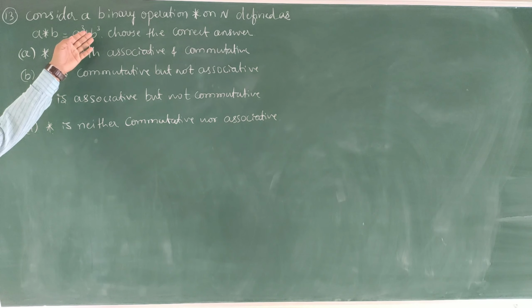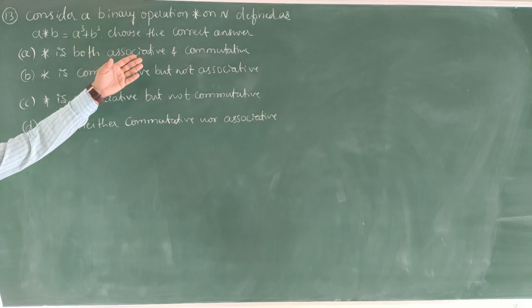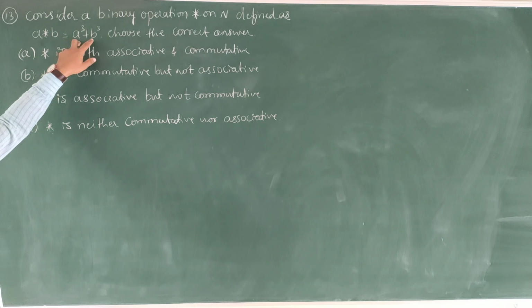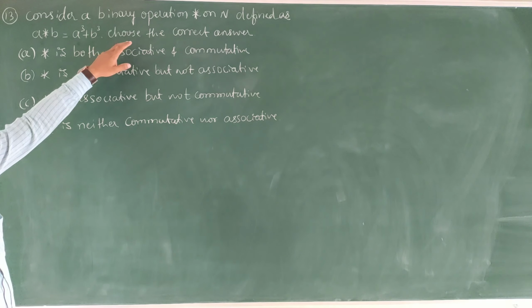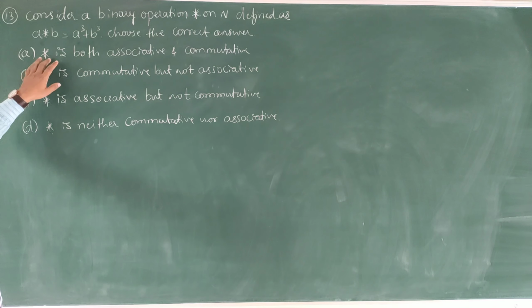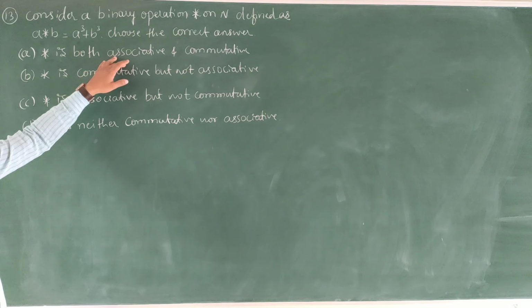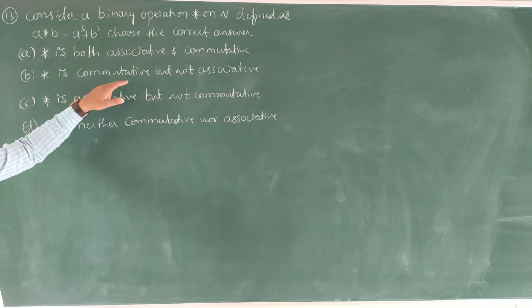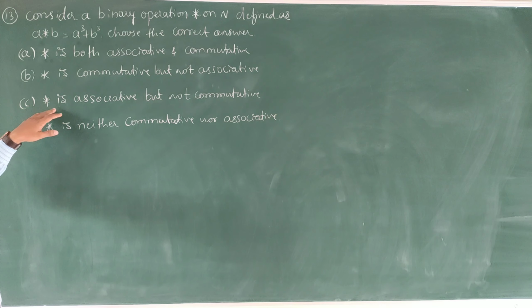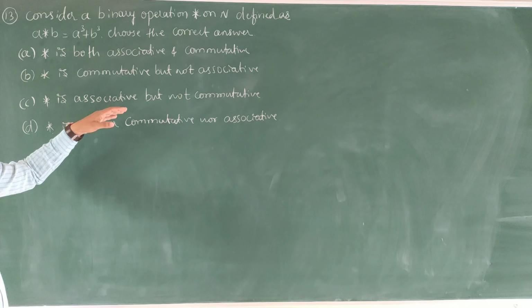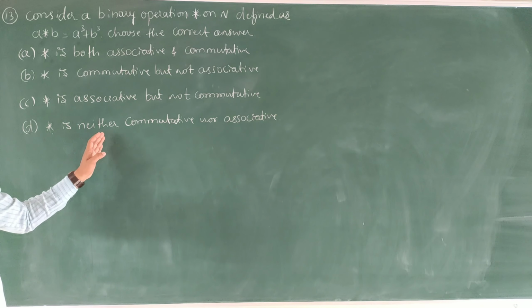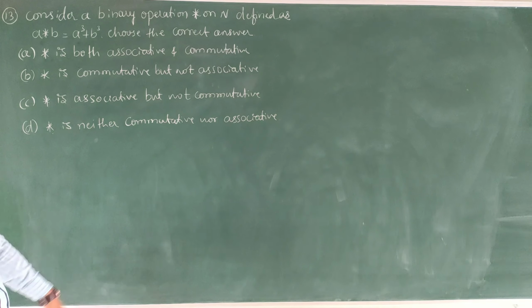Consider a binary operation star on N defined as a star b is equal to a cube plus b cube. Choose the correct answer. Okay, the options are: option A, star is both associative and commutative. Option B, star is commutative but not associative. Option C, star is associative but not commutative. Option D, star is neither commutative nor associative. Okay, so let us check